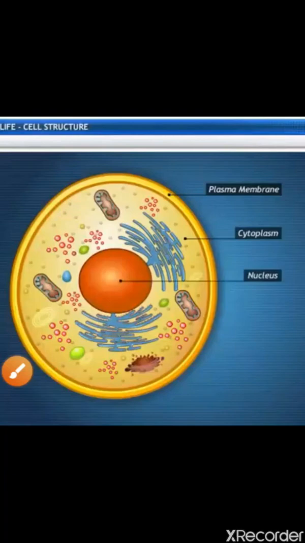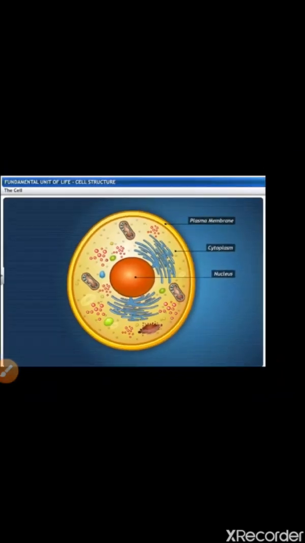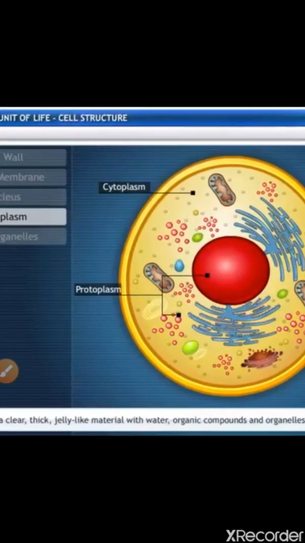Cytoplasm is also responsible for giving the cell its shape. That means in this picture, if we see the cytoplasm and the protoplasm swell up, the shape will change. If they lose water from the cytoplasm, the liquid part, they will change shape. So it helps to fill out the cell and keep the organelles in their places.